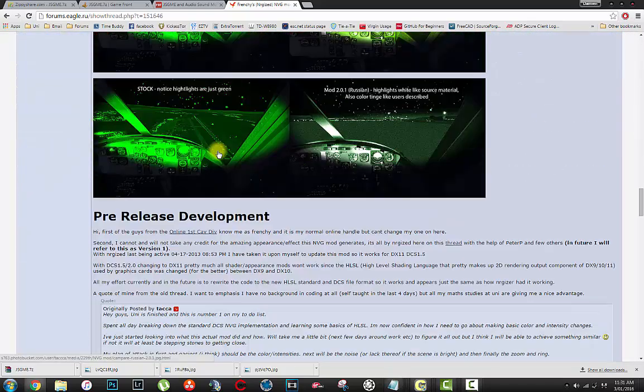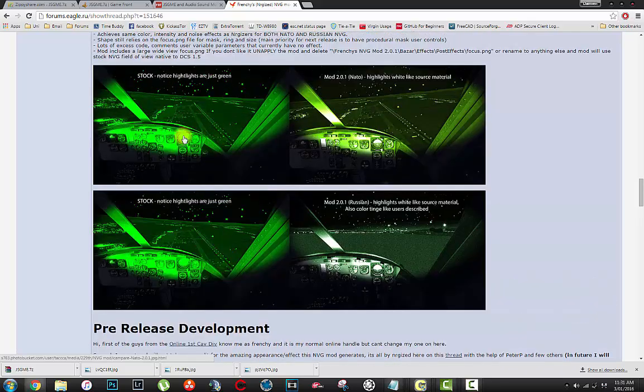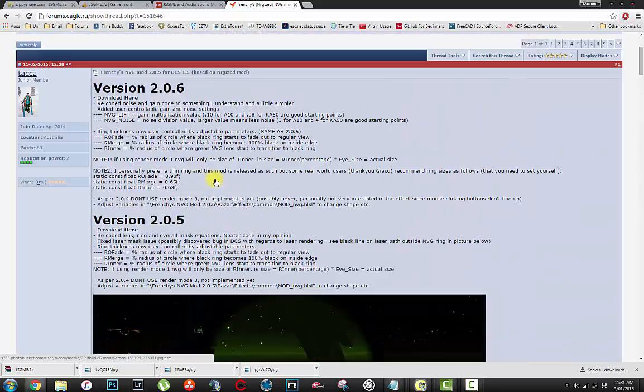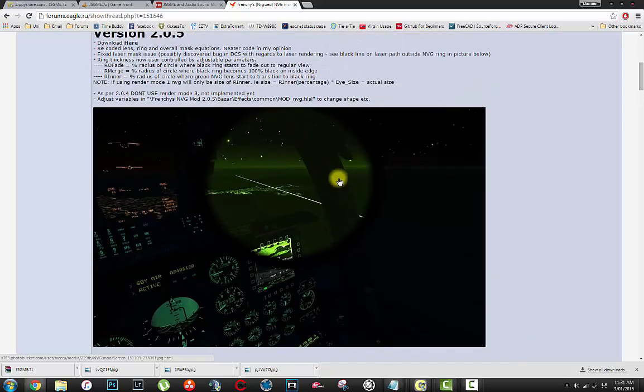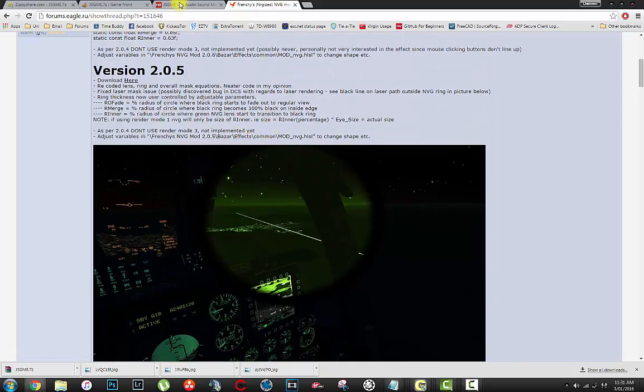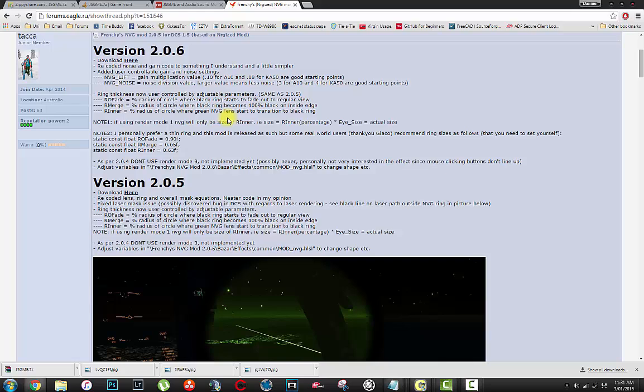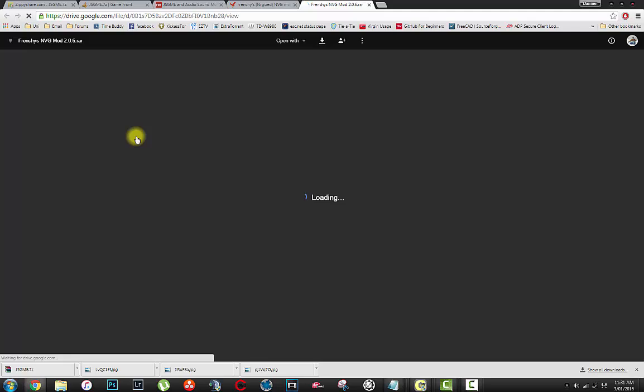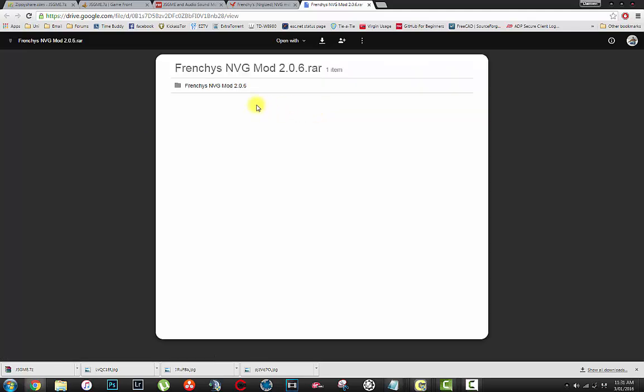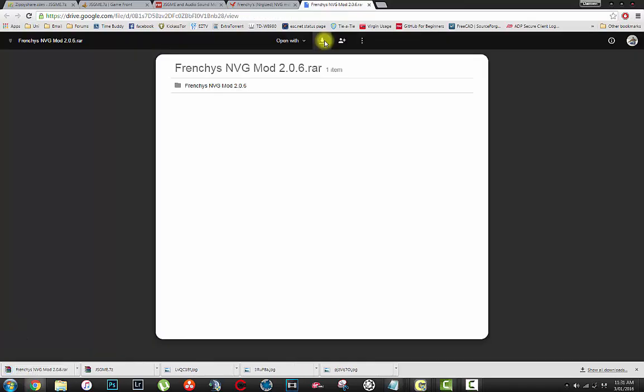It takes the original NVG that looks like this giant green blob and changes it to something that looks like this, which is a bit more realistic. Again, the link will be up in the description below, so you can just click on the link, grab the file. Pretty much any mods that people release, they'll be in a RAR or zip or 7-zip file, and they'll either be on Google Drive or some other file sharing site. So there's mine,